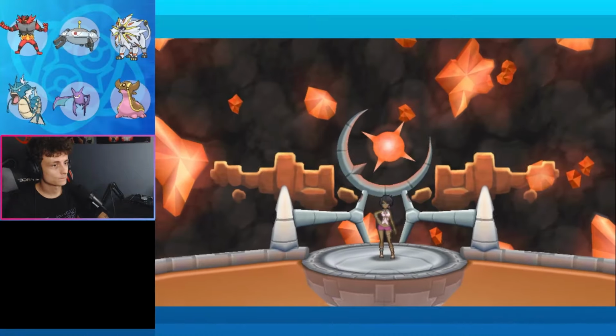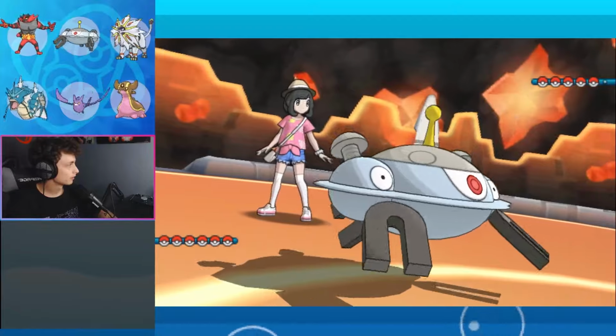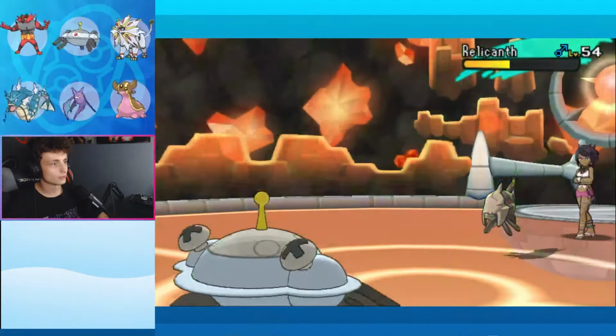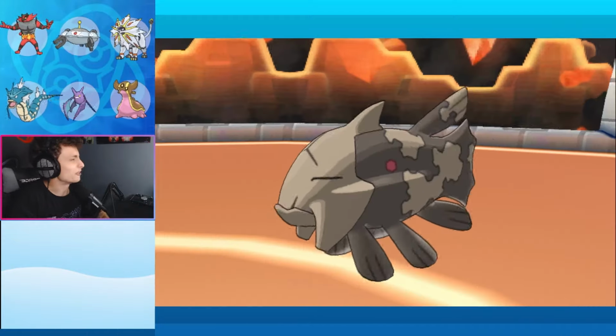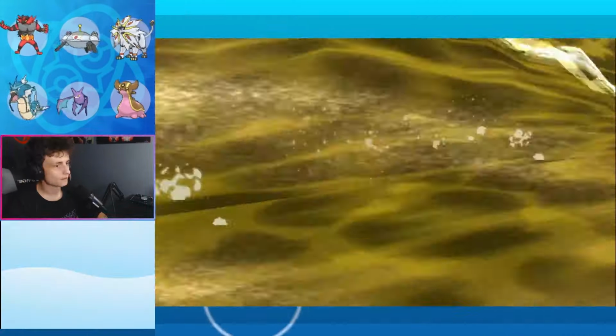The final Elite Four member is Molayne's... Olivia and her rock Pokemon. We start out with Magnezone this time as she sends out her Relicanth. Relicanth uses Yawn, but it doesn't matter because our beast of a machine KOs it in one hit with a single Discharge. Olivia's upcoming Pokemon is Probopass, which we switch into Gastrodon and hit it with the Muddy Water,